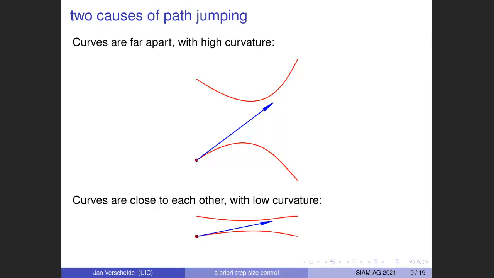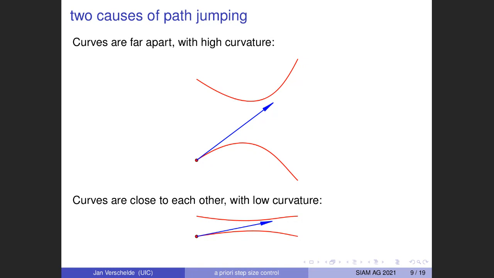So if you think about following a path, what could be the problems? What could cause you to lose one path? Well, one cause is high curvature. You take the tangent line, but the path curves in a very strange way, and your tangent leads you off to another path. Then the other obvious cause is nearby singularities, and that happens when the curves are close to each other. So the cartoon here